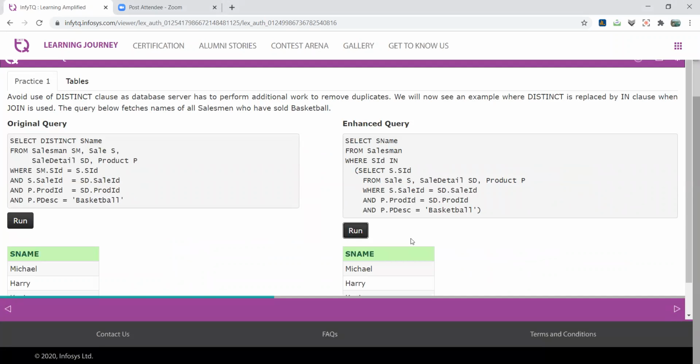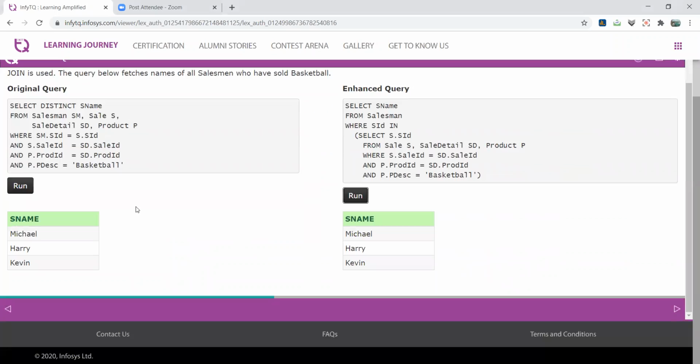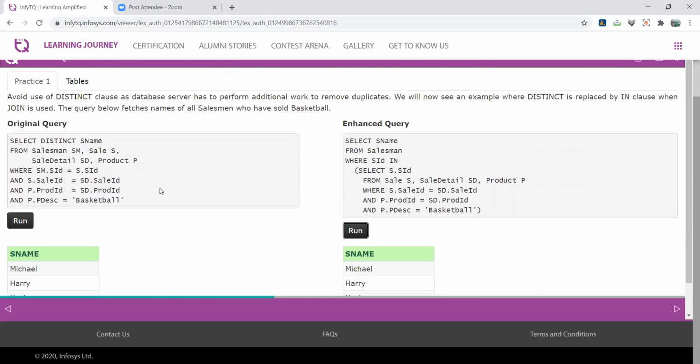Now this query displays more rapidly in comparison to the other one, right? In this case, the database size is very small, 6 records and 13 records. If the record size is 100, 200, or 1000, 10,000 or 50,000, this query slows down again and again, but this query's performance still remains the same, right?